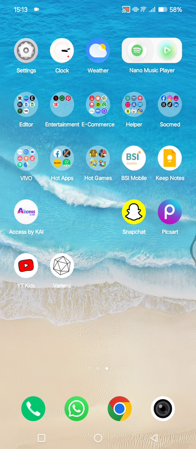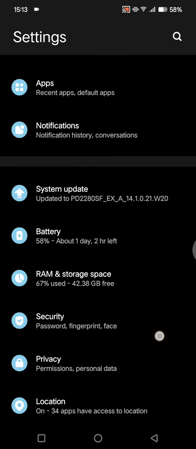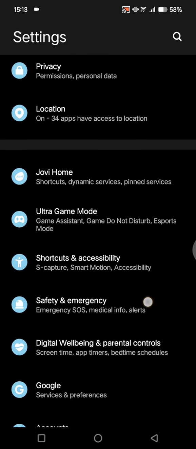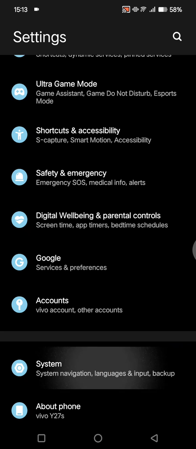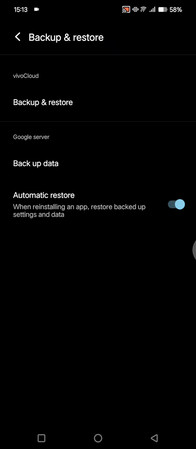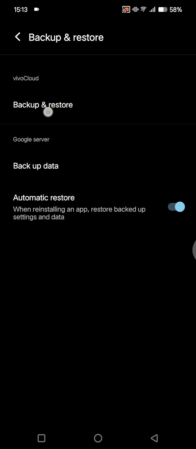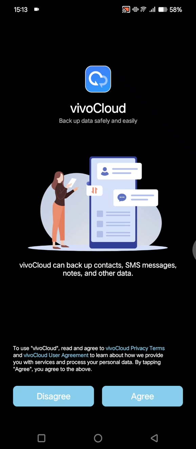So first thing that you need to do is go to the settings on your Vivo phone and then just scroll down until you find the system options, this one, and there will be this option backup and restore, so click on that. So if you want to activate the backup and restore, you need to activate the Vivo Cloud. So let's click on backup and restore. So in here you can just click on agree,